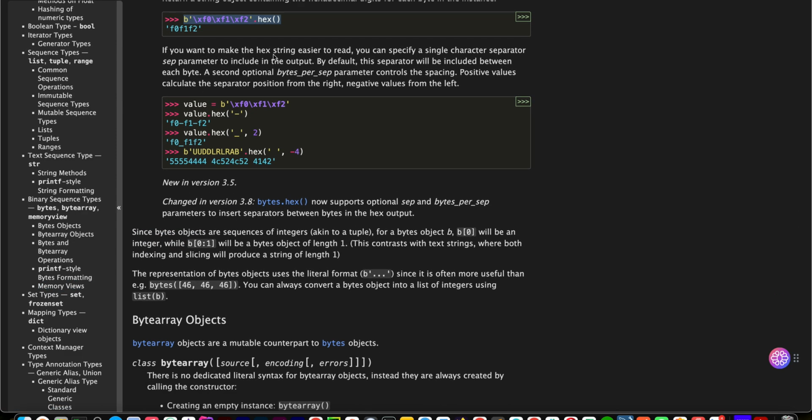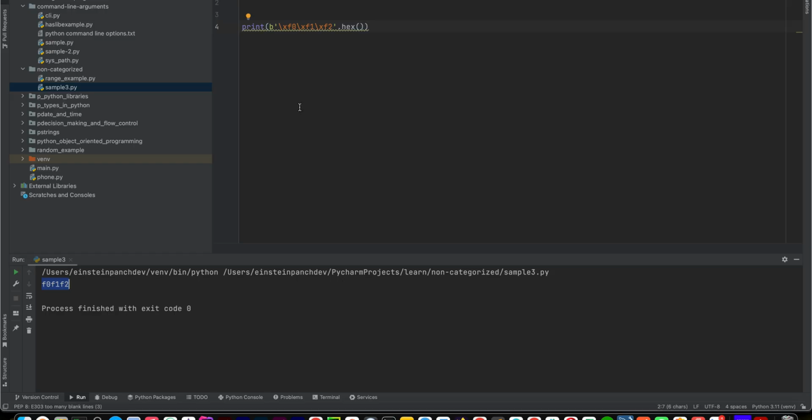If you want to make the hex string easier to read, you can specify a single character separator sep parameter to include in the output. By default, this separator will be included between each byte. A second optional bytes_per_sep parameter controls the spacing. Positive values calculate the separator position from the right, negative values from the left. Value is equal to this,